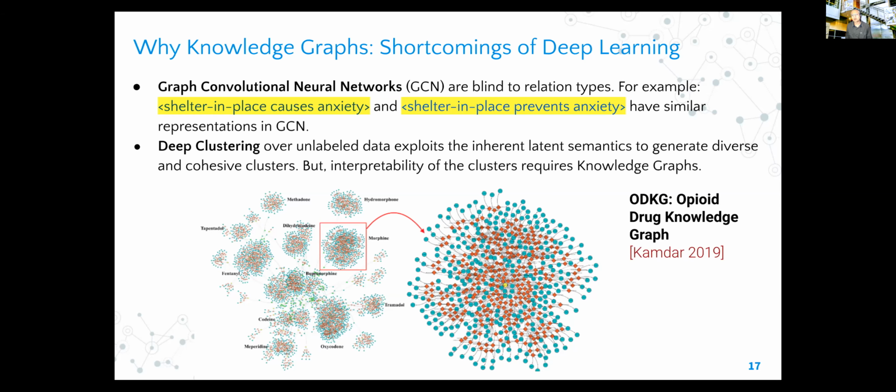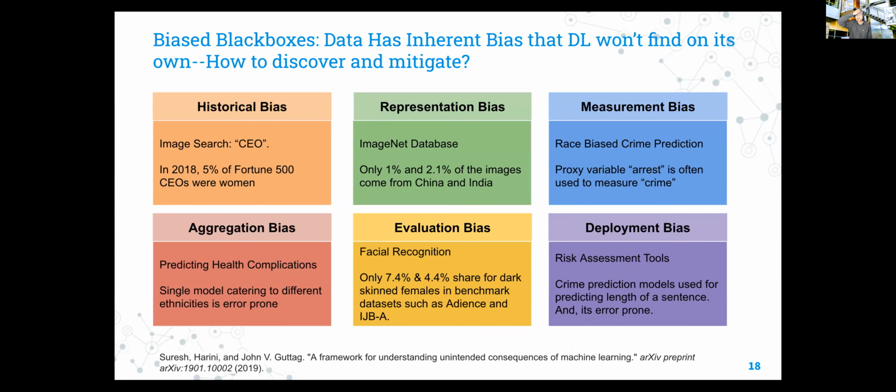A long time ago, I talked about relationship at the heart of semantic web. So this is not just entity, but relationships that are also very important. The other thing is that the systems that we build, the AI systems, come with a lot of bias. And in particular, the top three are the ones that I think I can address better once I incorporate knowledge in conjunction with the deep learning algorithms. And it's very hard to deal with this bias if I don't have the knowledge as my partner.